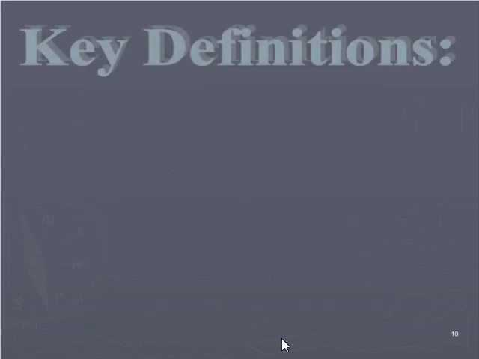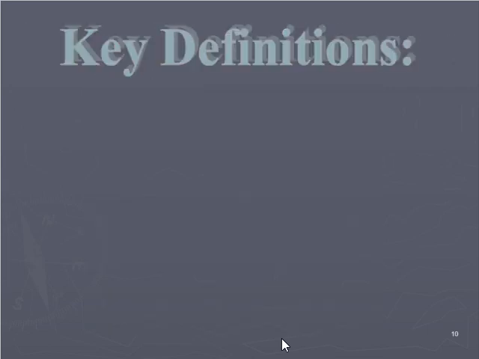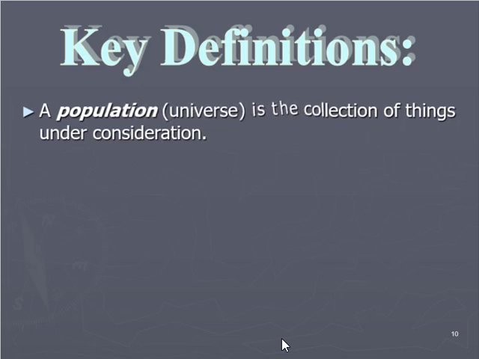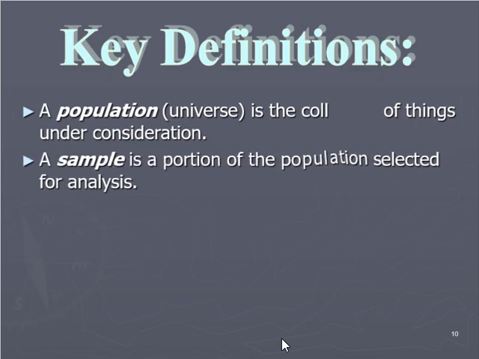Now, some key definitions that we have to consider. We should know what is a population. A population or a universe is actually a collection of things under consideration. A part of a population is known as a sample. And we expect that a sample is expected to represent the characteristics of a population. Parang tikim yan. Parang slice ng isang cake. Kung masarap yung isang slice ng cake, dapat masarap din yung buong cake. That's the expectation from our